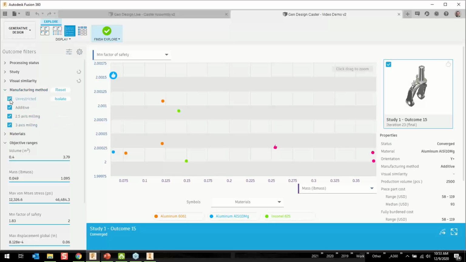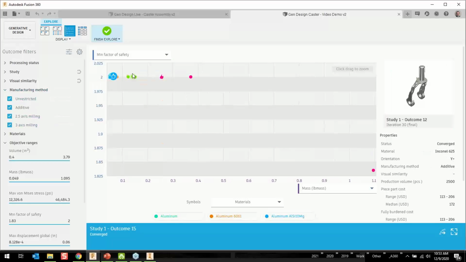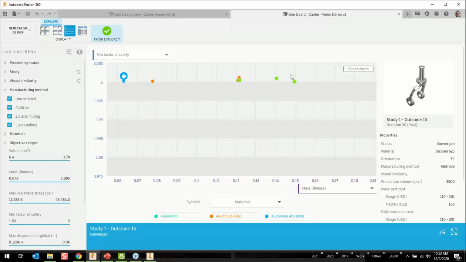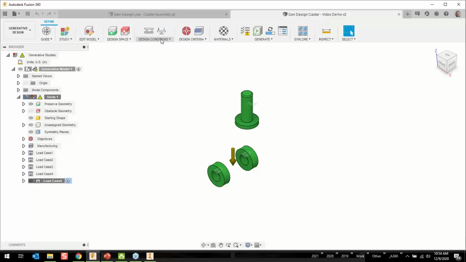As I turn on some of the other options, I can then zoom in on my table here. If I just kind of draw a little window, I can kind of zoom in. Aluminum 6061 is these orange ones. So there's lots of different ways of sorting and filtering through here. And I'm getting close to my hour time limit here. So